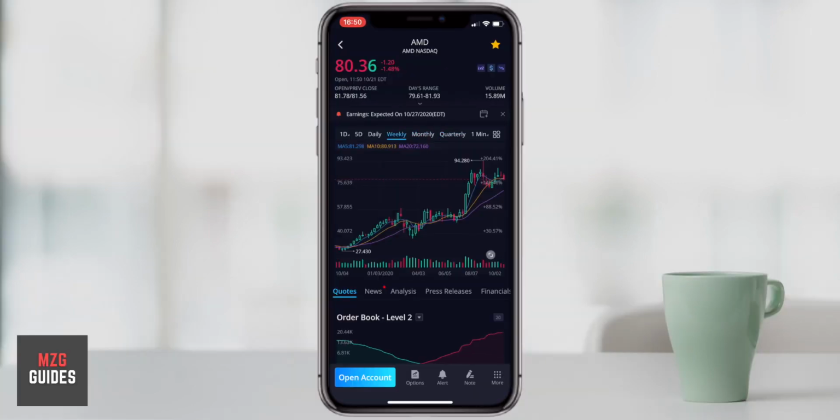Depending on where you live in the world, you're going to get some different options. But if you're in the States, these apps pretty much have you covered for everything. Webull is number 1 on the list. It's a fantastic app. Now, even if you're not in the States, you can download this app and essentially